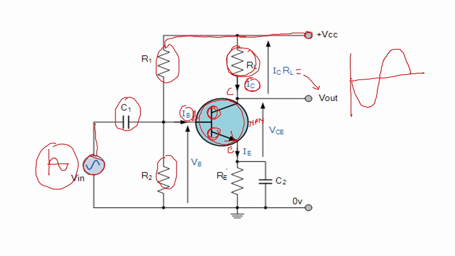And here you are going to connect RE, the emitter resistor, and the C2 capacitor as a stabilizing network. It will keep the transistor working in a stable mode. Now this is how the transistor is going to act as an amplifier. So input will be the base current, output will be the collector current. When the collector current passes through a higher resistance, it is going to develop a high voltage, and hence we say the transistor is amplifying the input voltage at the output. So a weak signal has been made strong.